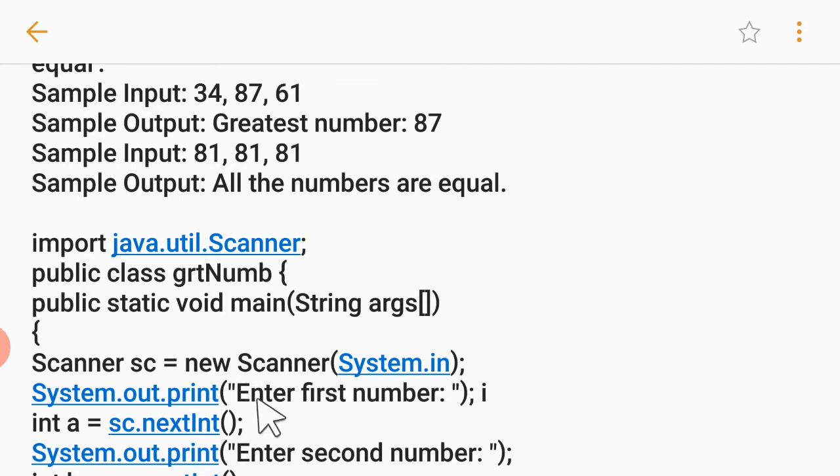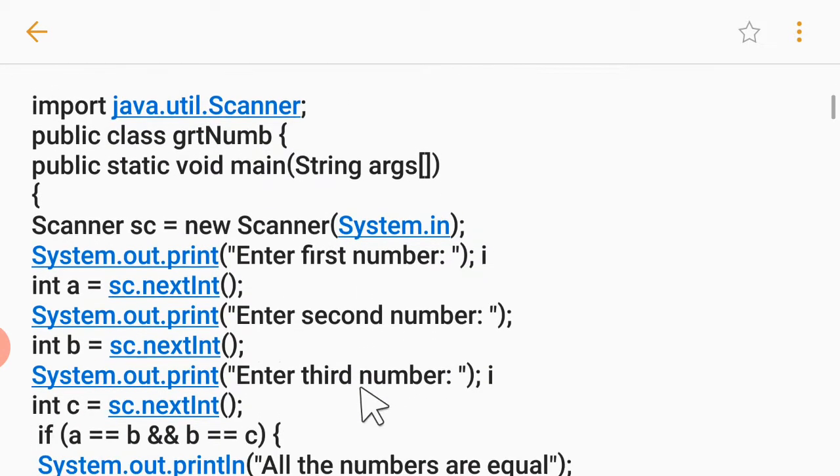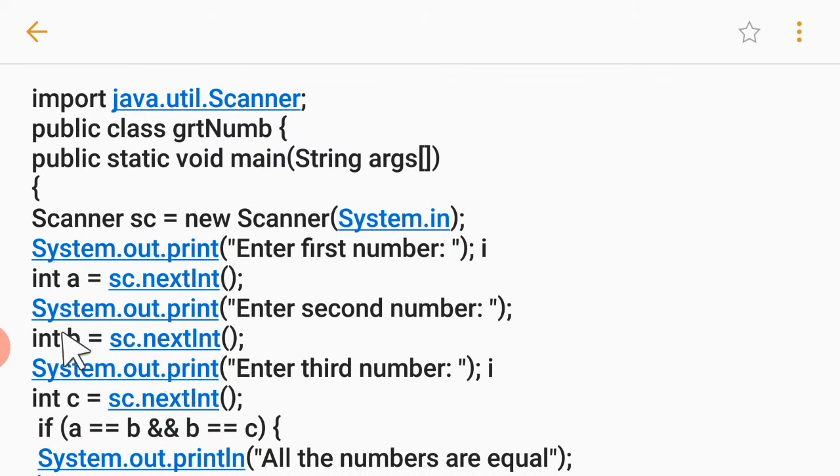Students, after that I create the object of this scanner class. So how do we create the object? Class name, that is Scanner, object name sc equal to new Scanner, that is a constructor, System.in. Again I am telling you, please do watch my previous videos to understand it all better. Now students, I needed to enter three variables. So int a, int b, int c are here. These are the messages. System.out.println, enter first number, then int a equal to sc dot nextInt. What is sc? Sc is the object of the Scanner class.